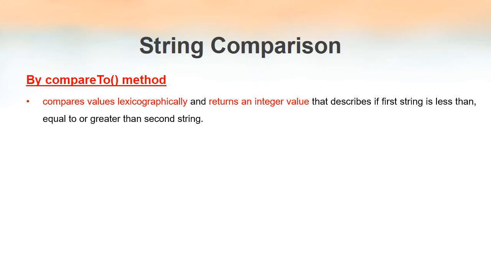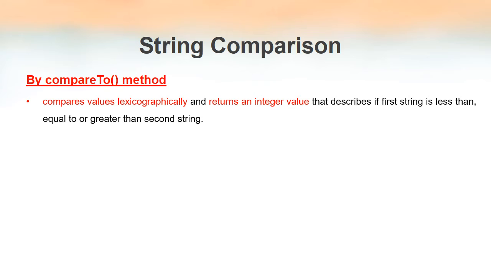The compareTo method as well as the compareToIgnoreCase method are used for comparing values lexicographically, that is, as the words appear inside the English dictionary. We know that the word apple will be coming before the word bat inside the dictionary. That's known as a lexicographical arrangement, or the order of the strings.